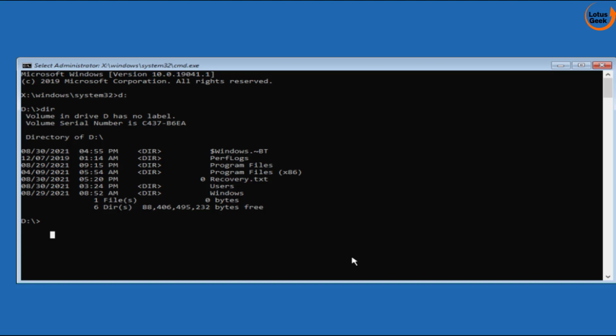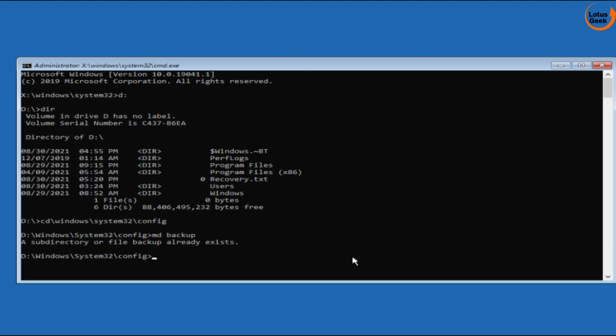Once chosen the drive letter, now type here cd /windows/system32/config, then hit the enter key. Now here type md space backup, again hit the enter key.